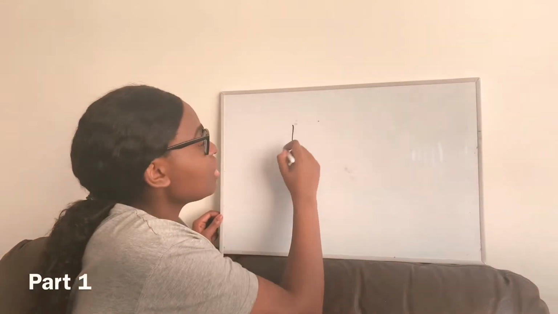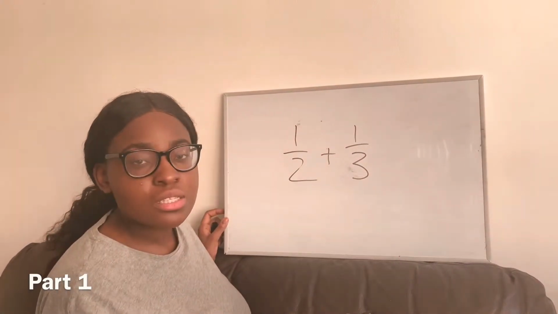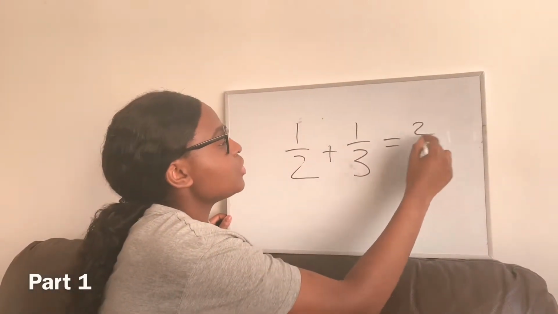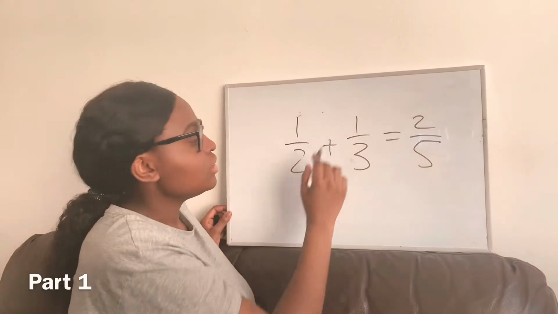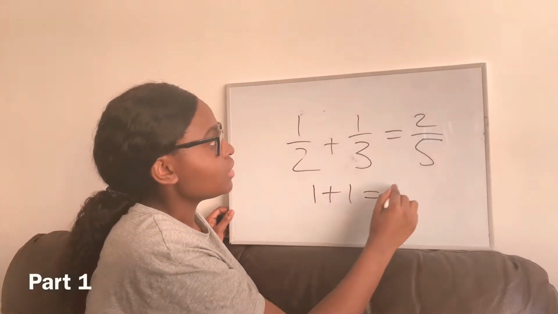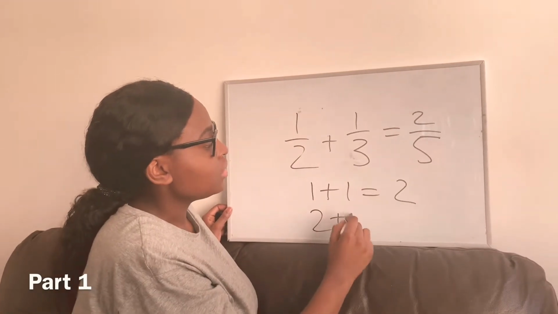I've chosen scenario B, where the students have been asked to add together two fractions, 1/2 and 1/3. The most common answer given by the pupils was 2/5, which is incorrect. The students have added together the numerators to give us 2 as a numerator, and the denominators to give us